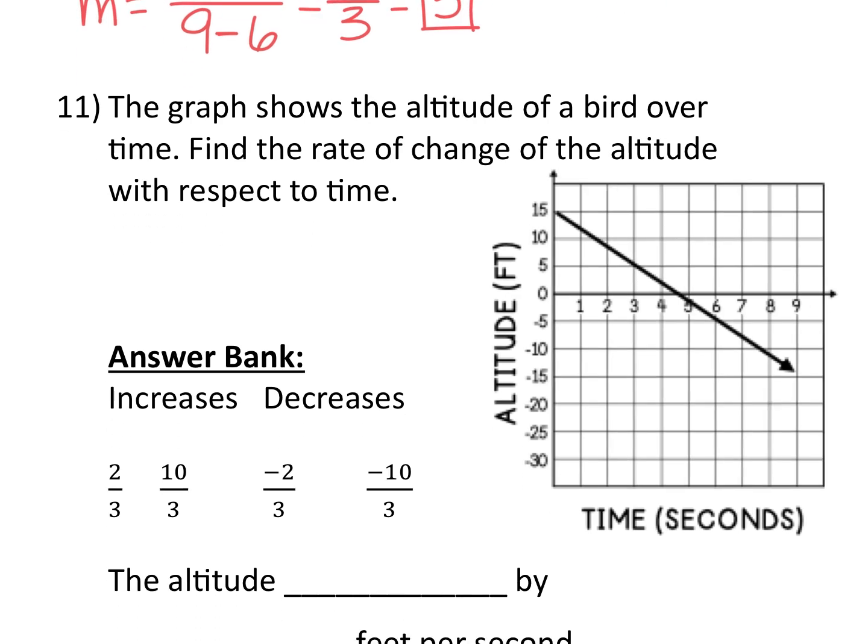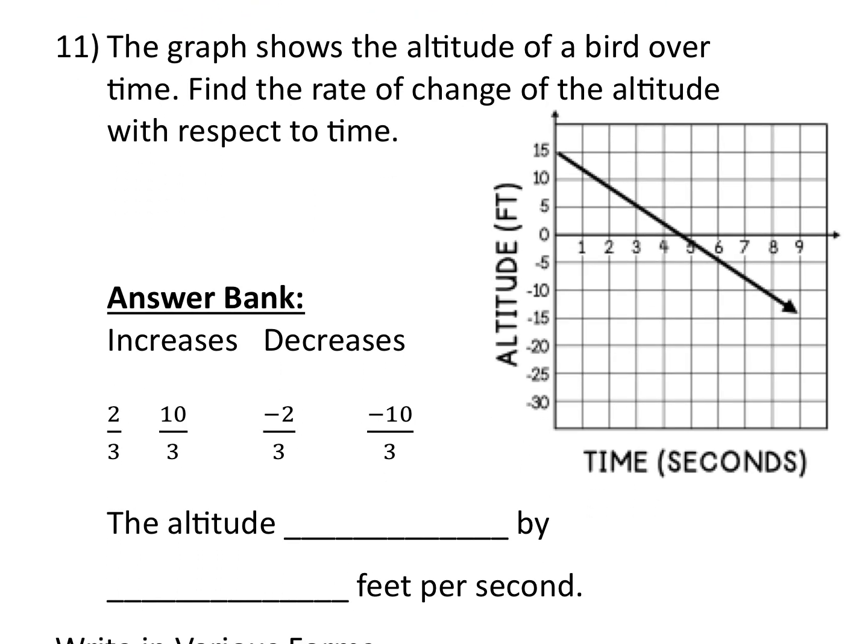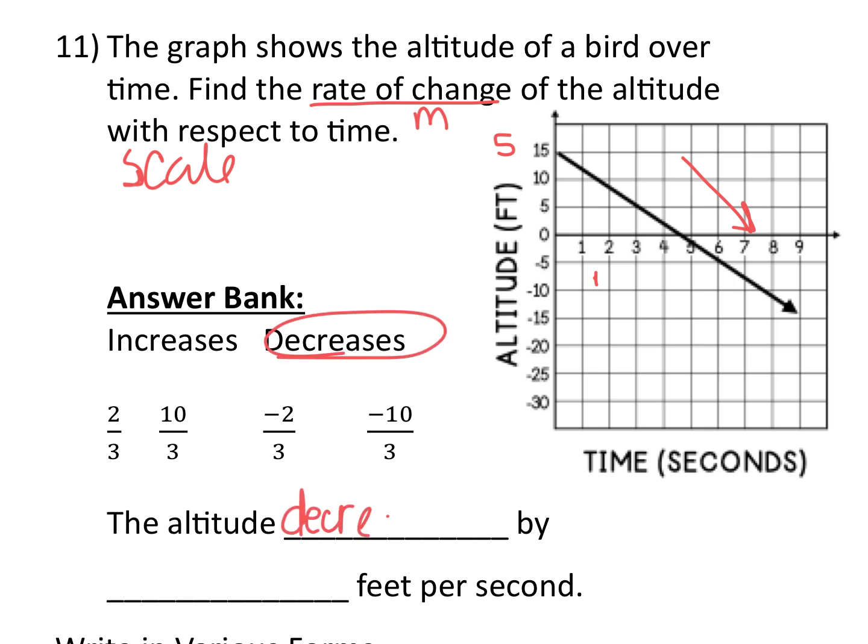If we're looking at this graph, altitude of a bird over time, find the rate of change. So rate of change is just another word for slope. Do pay attention to the scale here, because these y's are counting by 5s. And the x's are counting by 1s. So we know that just by looking at this picture, it is in fact decreasing. So the altitude decreases